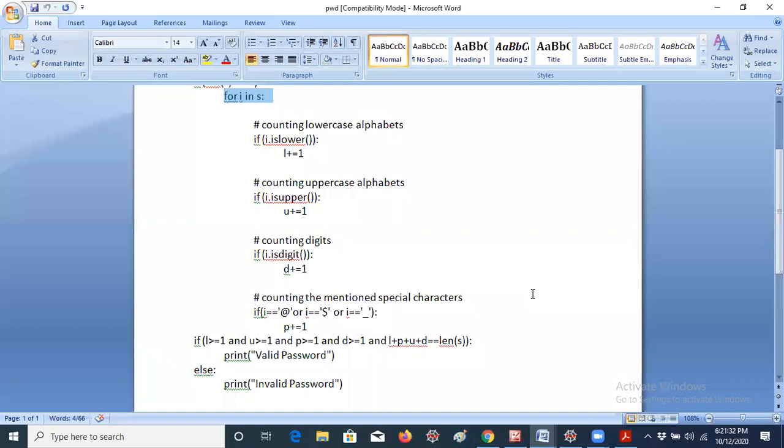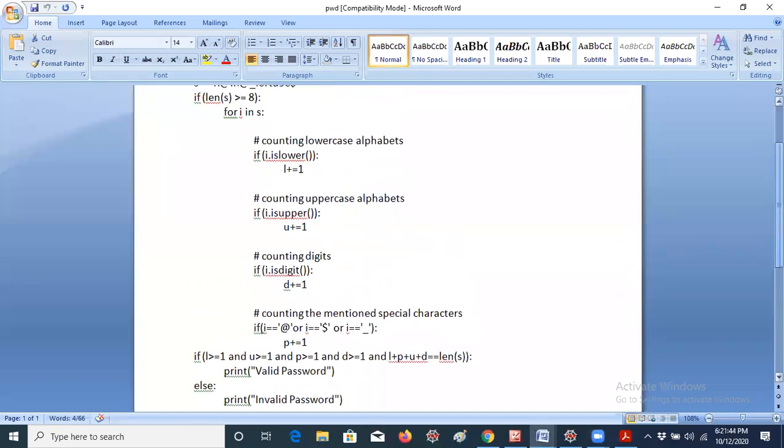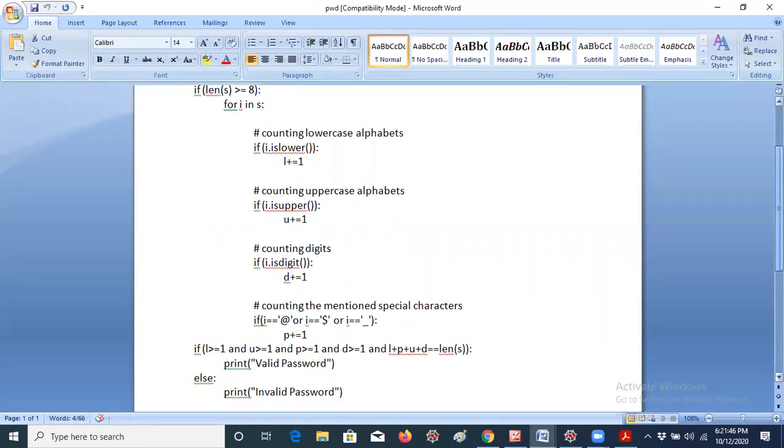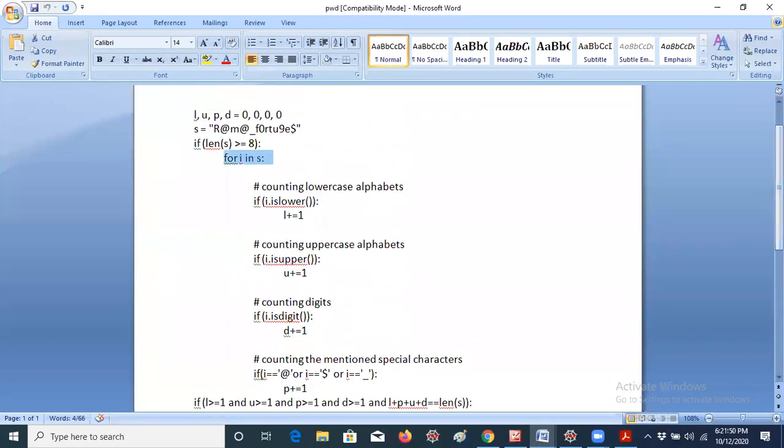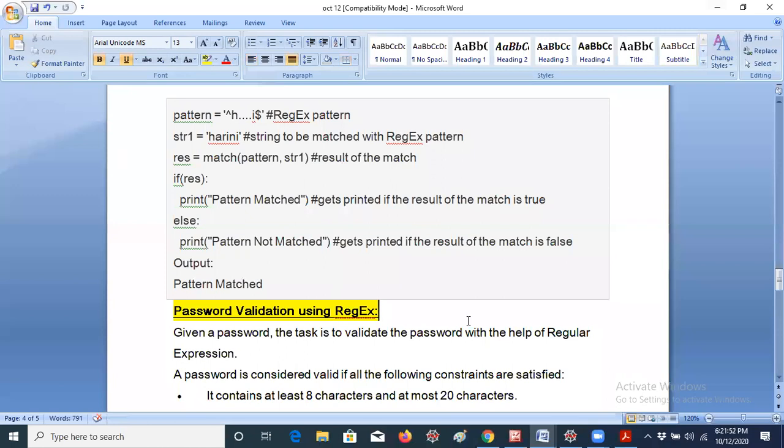Yes, everybody is confirming. Thank you guys, thank you very much, because I think almost on September 3rd I explained this concept for checking a valid password or not. This is almost 15 lines of code, I think. Not 15, more than 15. Okay, anyway, that's not an issue at all. So let me check the password validation using regular expression.